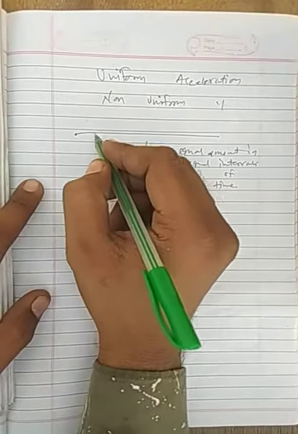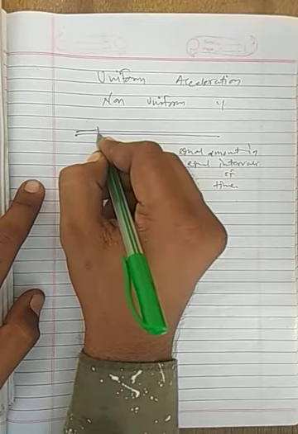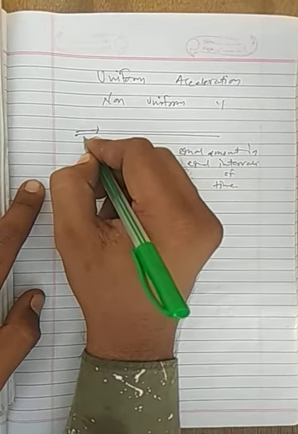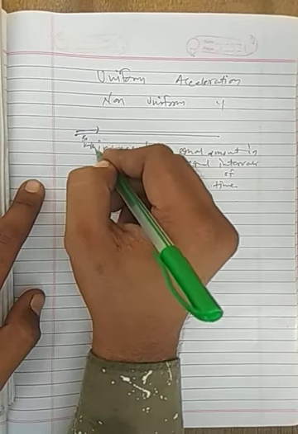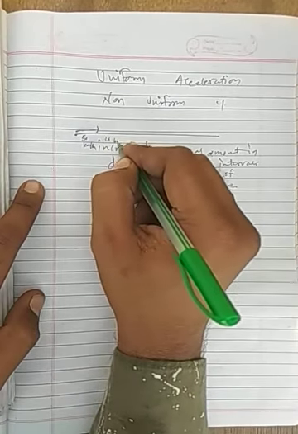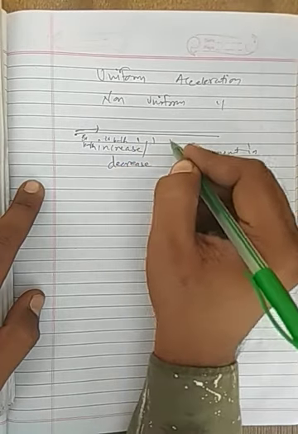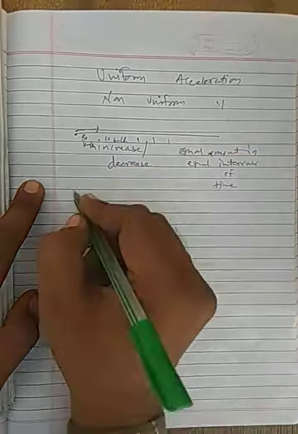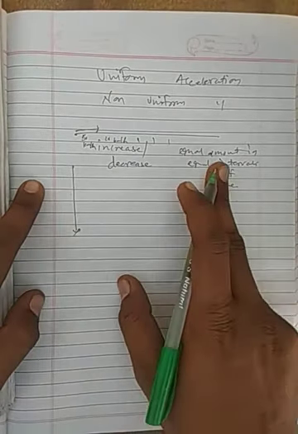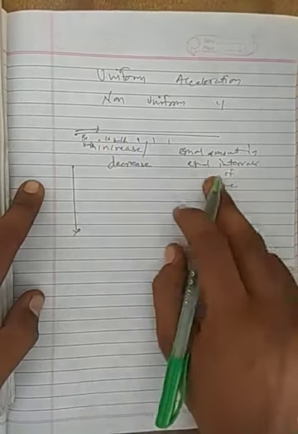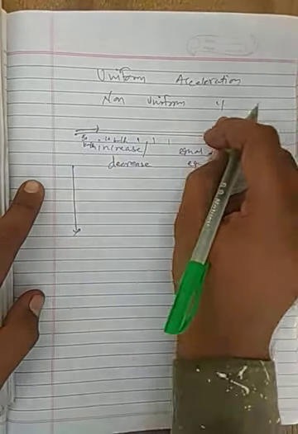It means if you are driving a car and you are increasing its speed, say you are driving at 50 km per hour, and you increase this by 10 km per hour in the next 1 minute, another 10 in another 1 minute, another 10 in another 1 minute, which means the velocity is increasing with an equal amount, that is 10 km per hour, in equal intervals of time, that is 1 minute. So you can say that this acceleration is uniform.